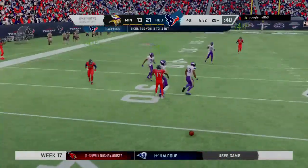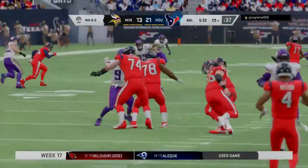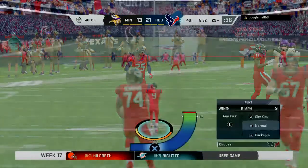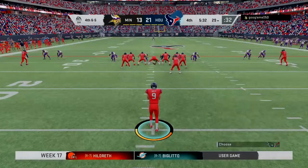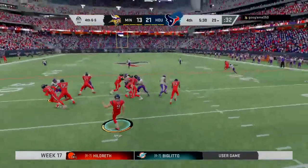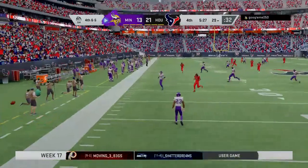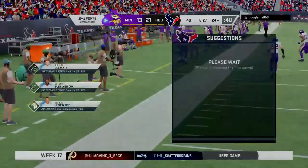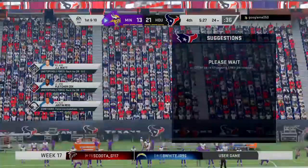And the throw there is going to be incomplete. Critical play in this football game, because if they pick up the first down there, that clock keeps rolling. Has to be a little frustrating for them because they know that if they pick up a first down there and continue to eat away at the clock, it really increases their chances of closing this one out. Now they're likely going to have to give the football up and sweat it out on the sideline. The Vikings take over, 1st and 10 at their own 24-yard